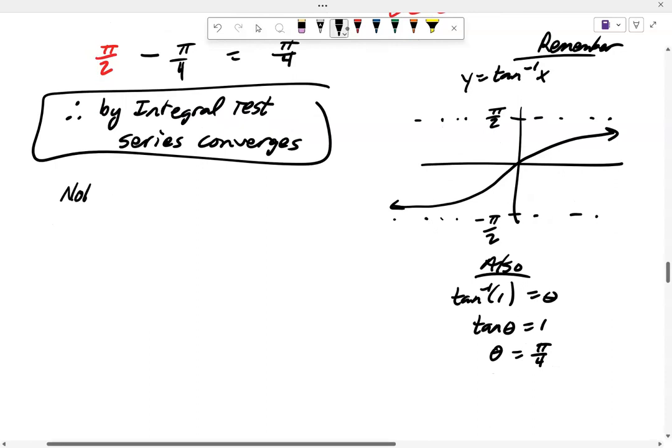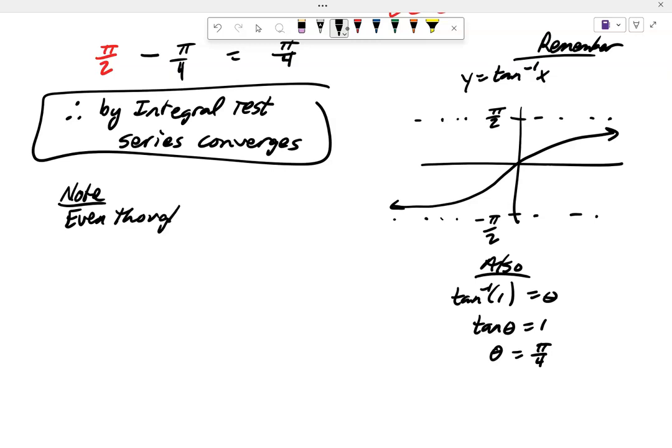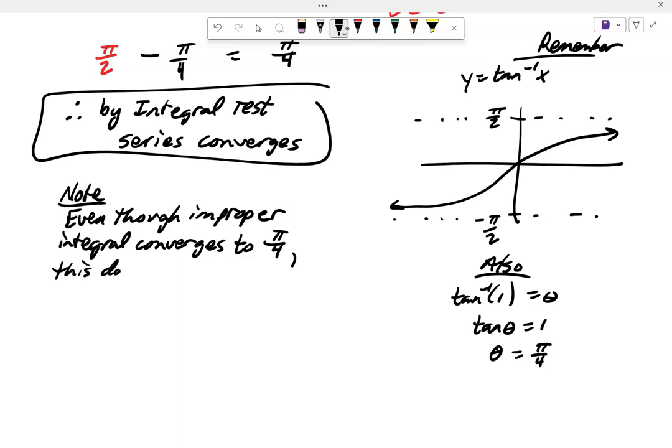I would note here, even though the improper integral converges to pi fourths, this does not imply that the infinite series